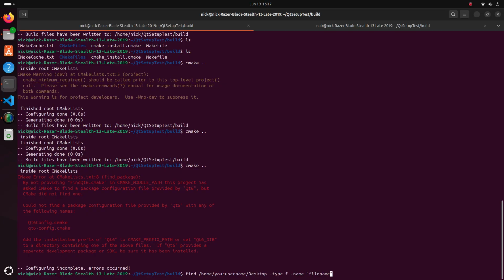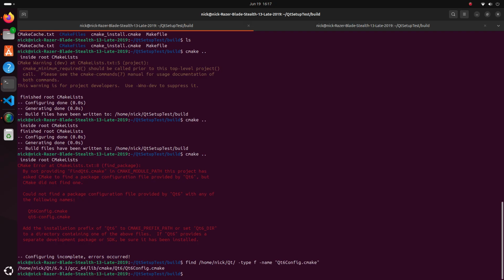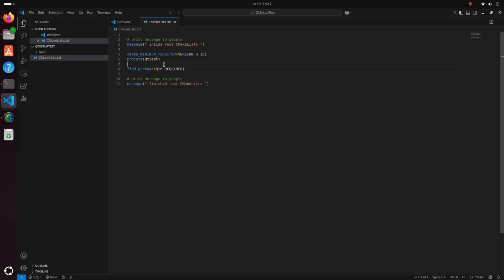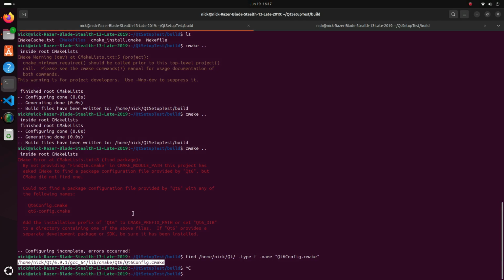And then it said that Qt was installed to home/nic/Qt. And the file name we're looking for is Qt6Config.cmake. So this is the path that we need. And what we're going to do is we're going to set, what did it tell us to do? Set